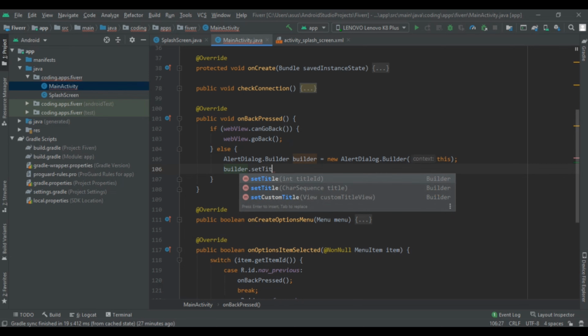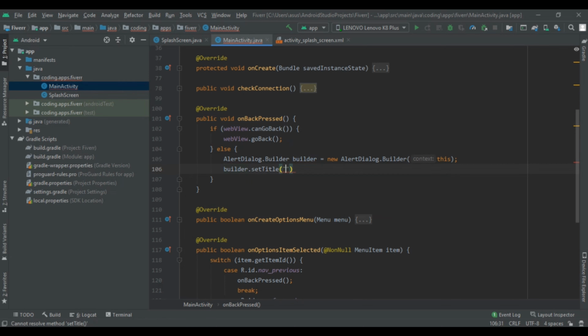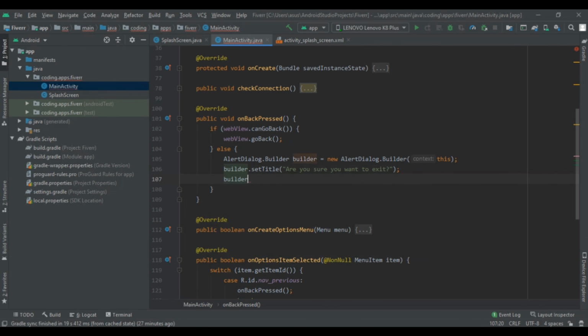By this method we add the title in string format. So here we are writing, "Are you sure you want to exit?" After that we are going to ask the question, then close this and again write builder.setMessage. You can write any message, and you can also ask for ratings for your Android app for better improvement at last. So you can ask for the rating like this: thanks for